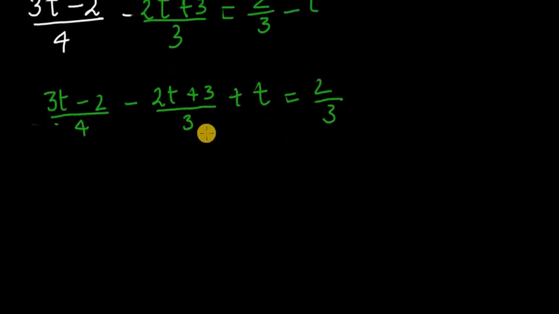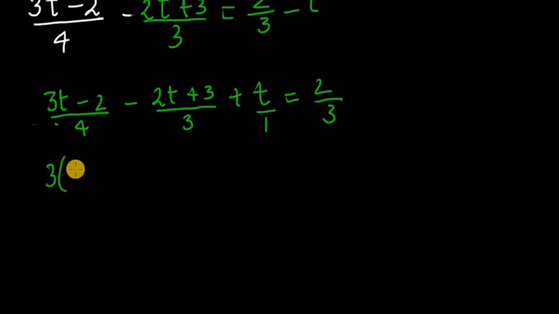So let's look at the next step. Here I have shifted the t out. Now our task is to take the LCM of all these terms and add them. So let's first take the LCM and make it a common fraction. So the LCM is what? It is 12. So let's do it.